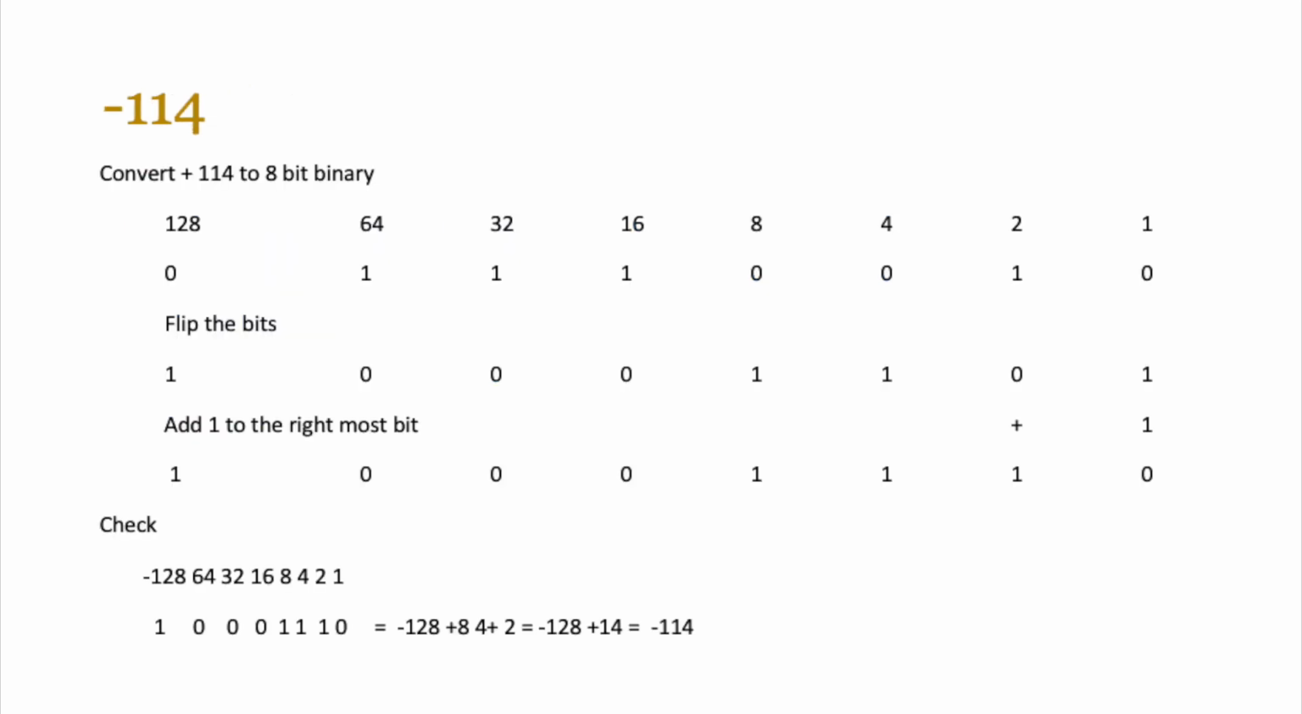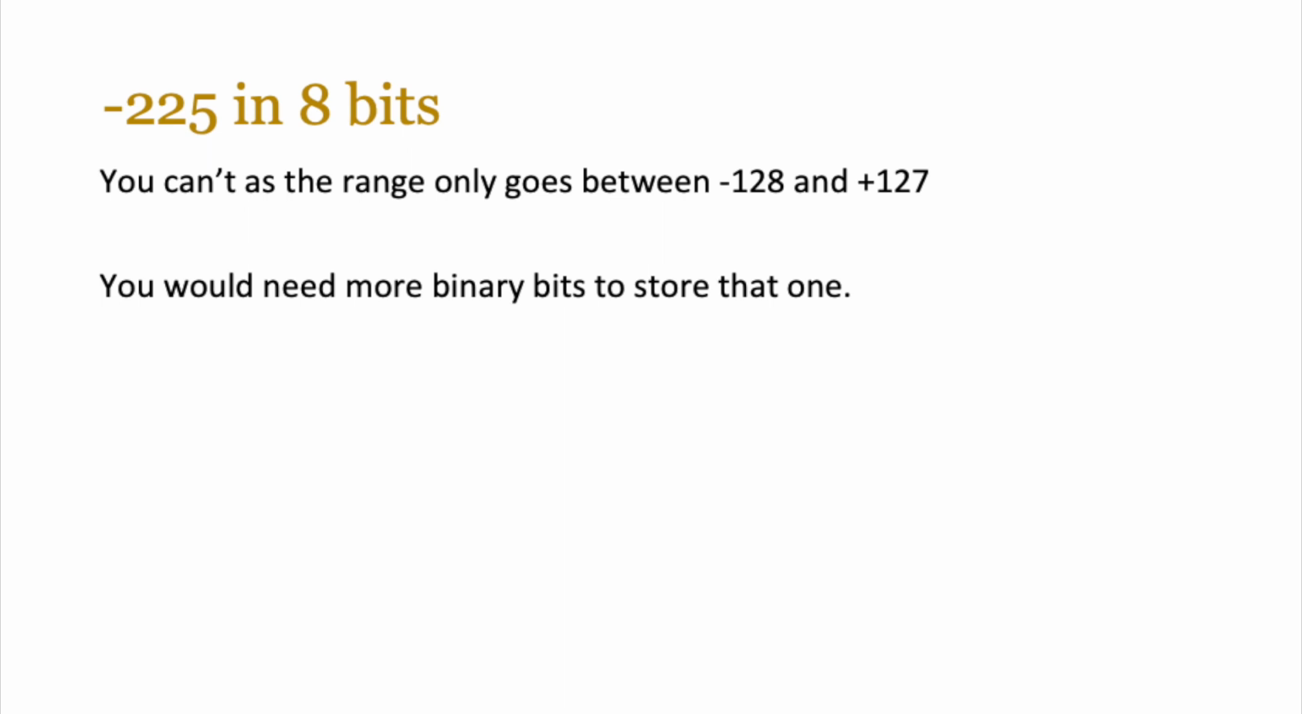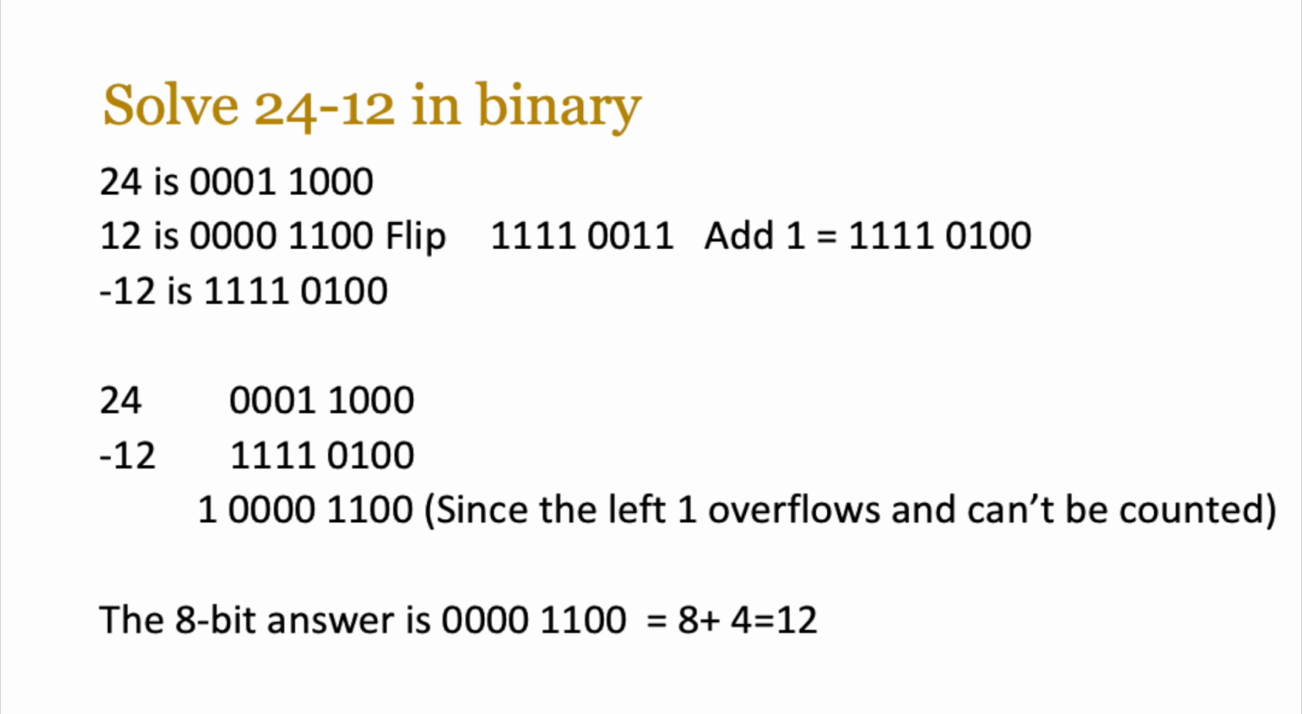Hopefully you got something like this. And for minus 225, you should have realized that you can't fit that in the range because in 8 bits, we can only go between minus 128 and positive 127. You would need more bits to store minus 225. And for that expression, 24 minus 12, you should have converted 24 to binary, which was 0001 1000, with 16 plus 8 is 24. Then you convert 12, which is 0000 1100, flip the bits, add 1, which then gives you minus 12, and then you just do normal addition between 24 and minus 12, which gives you that number